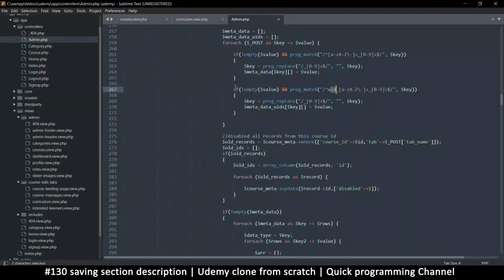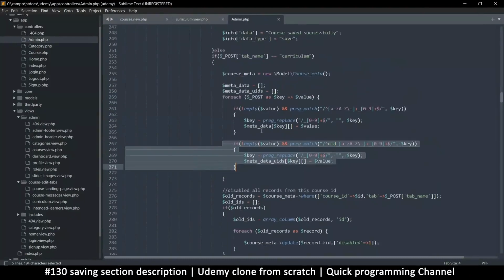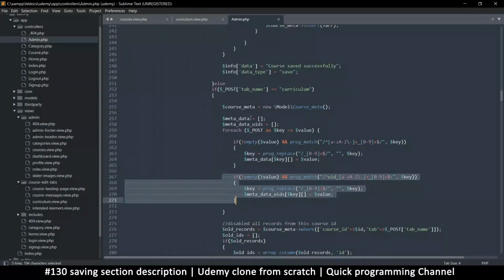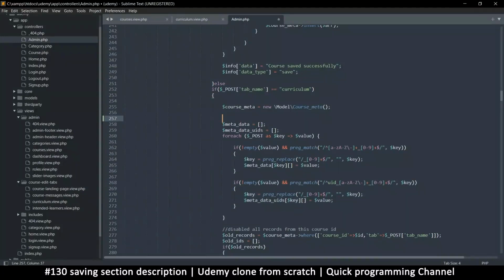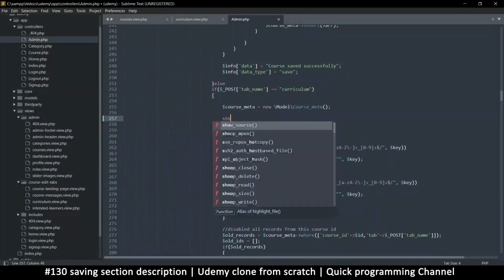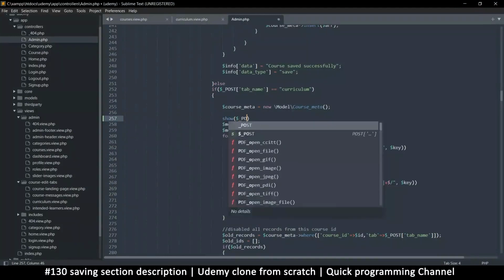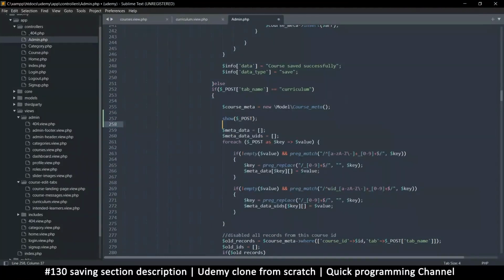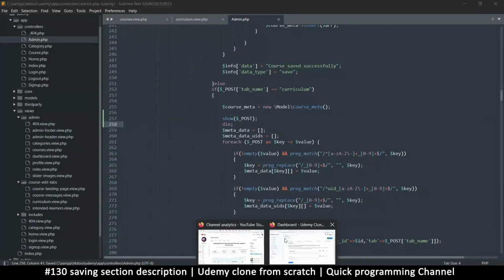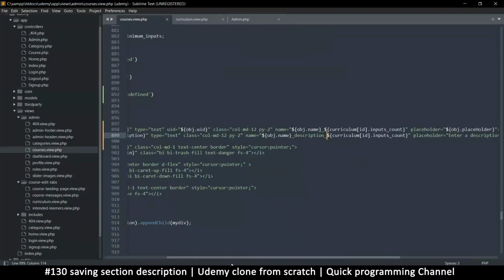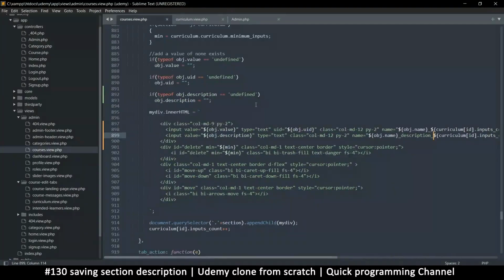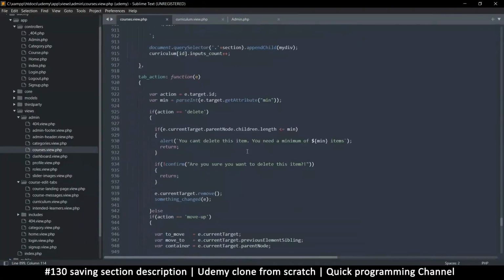But what we want now is one with description. So before I do all of this, it's a good idea to know exactly how the data is being received here. So I'm just going to do show post like this, and then die. Okay. Then I'm going to make sure that in the courses view section here, when data is returned,